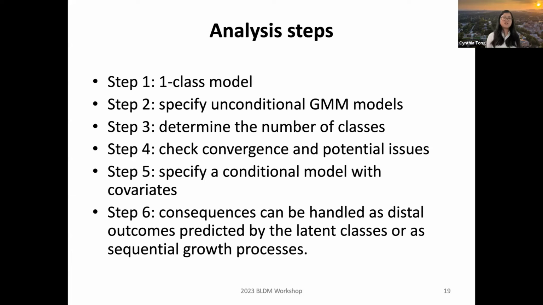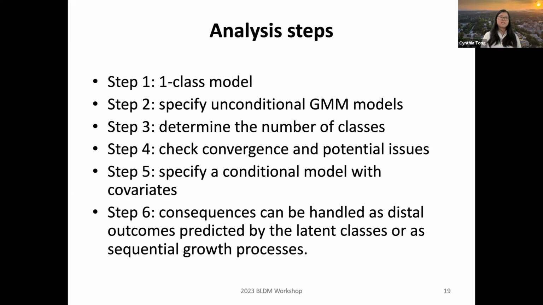So there are a lot of different variants for those, even just for a 2-class model. So although it's just step 2, in practice we may end up with a long list of models. With that long list of models, the third step would be determining the number of classes, and also trying to find the best model. To determine the number of classes is a complicated issue because it depends on many factors. It's not only that I check the model fit and find the best fit model.